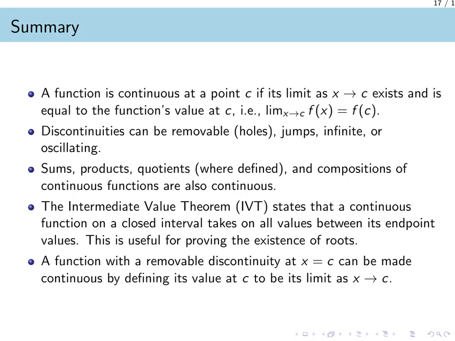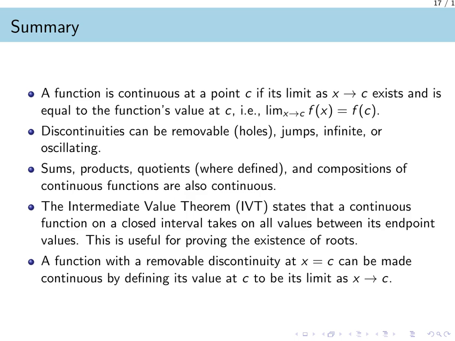very predictable. This predictability leads to the powerful intermediate value theorem, which guarantees a continuous function on a closed interval hits every value between its endpoints. This theorem is incredibly useful for proving that equations have solutions, for example, by showing a function must cross the x-axis. The main thing to remember is that continuity smoothly connects the limiting behavior of a function to its actual